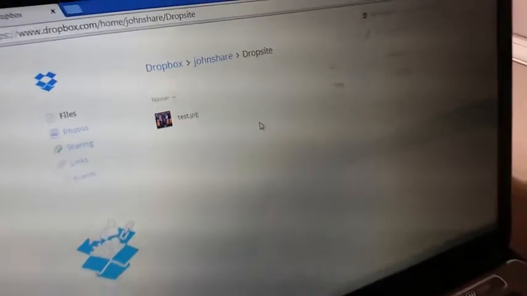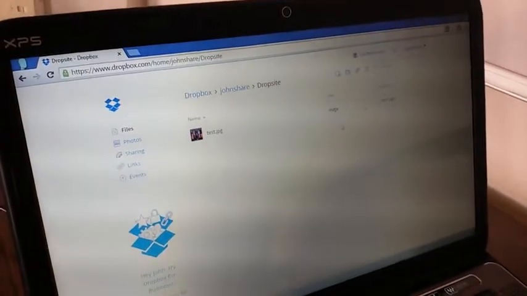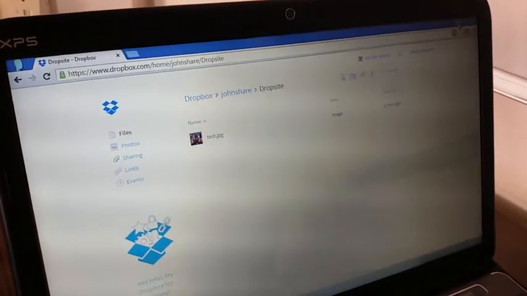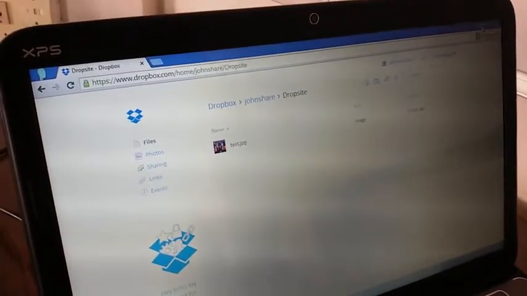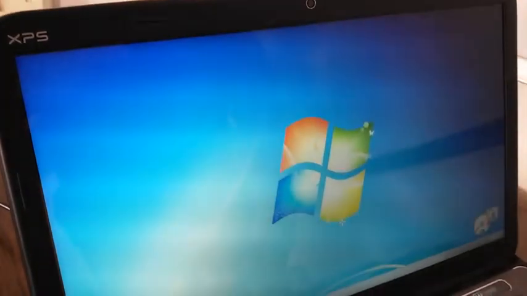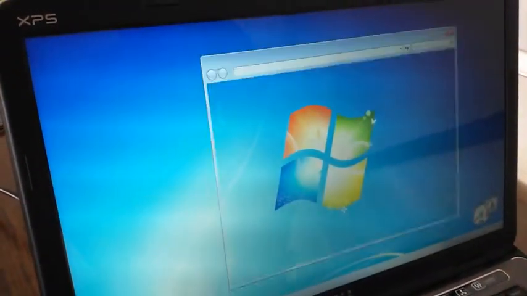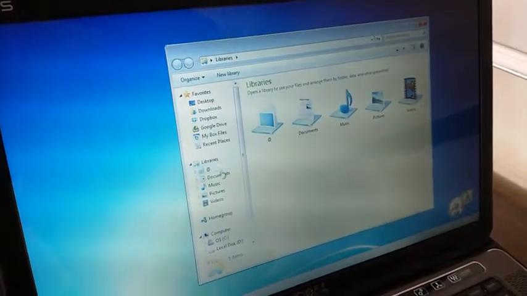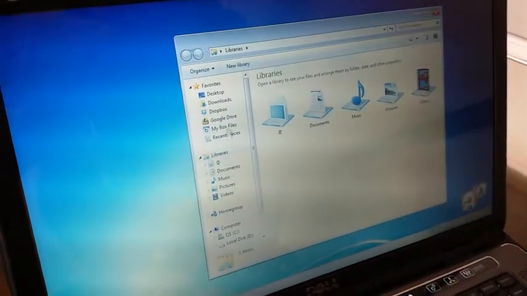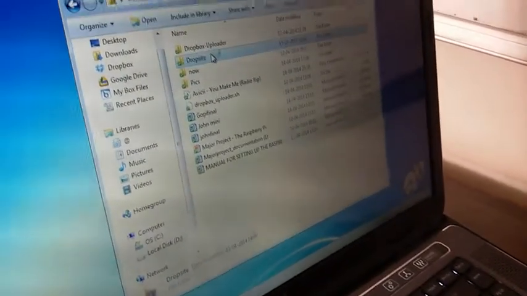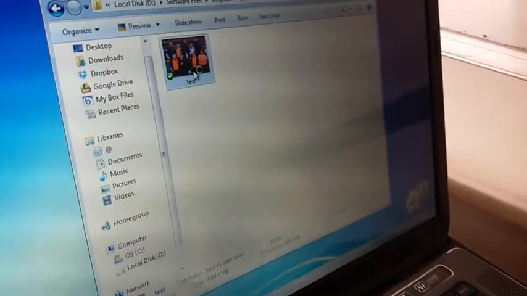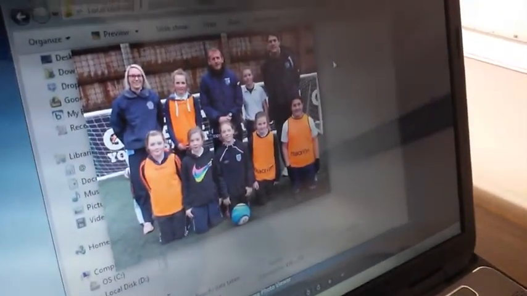The benefit of this project is that you can use the portability of Raspberry Pi and the power of a desktop computer at the same time. Allow me to show you if it has been uploaded onto my desktop computer as well. Let us see. There we go. The same file has been uploaded.